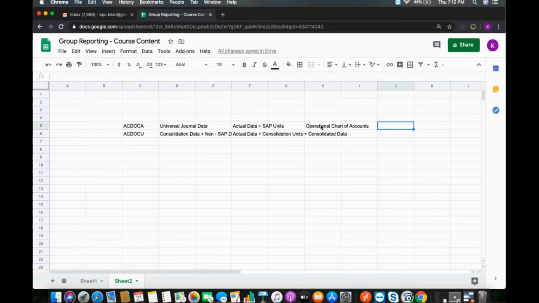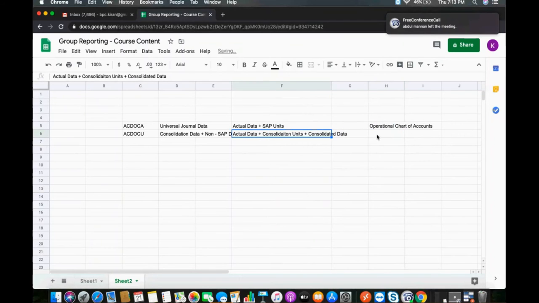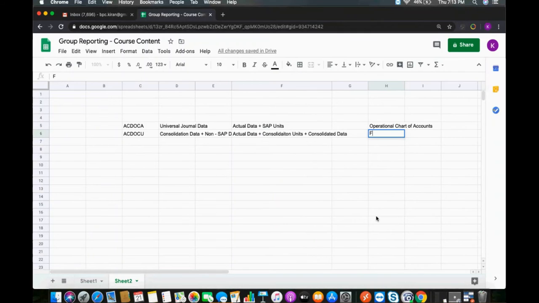So whatever data is posted against the operational chart of accounts, that I am calling actual data here. Whatever data is available here, based on the financial statement items, that I am calling actual data here.